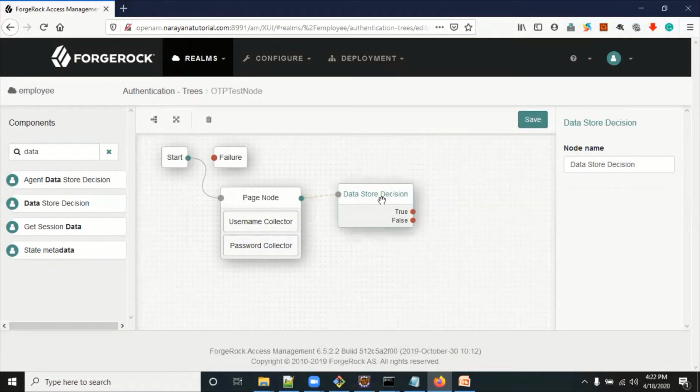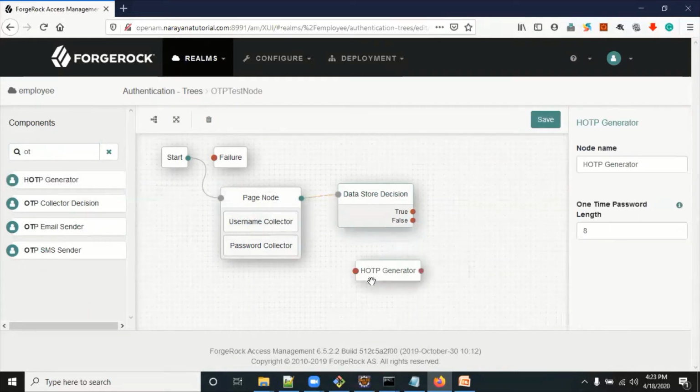We can send the OTP to a registered email address, then validate that OTP, and then allow the customer to the next home page. So what is the OTP node here? We have the HOTP generator. The one-time password length is 8 characters, 8 numbers.